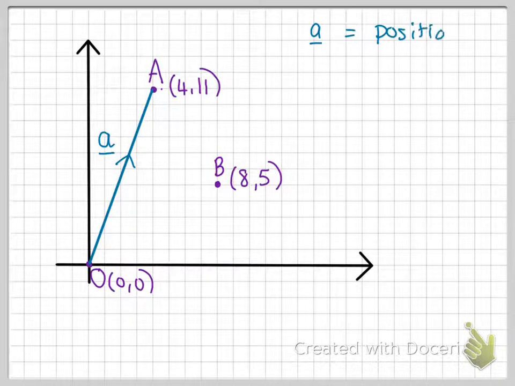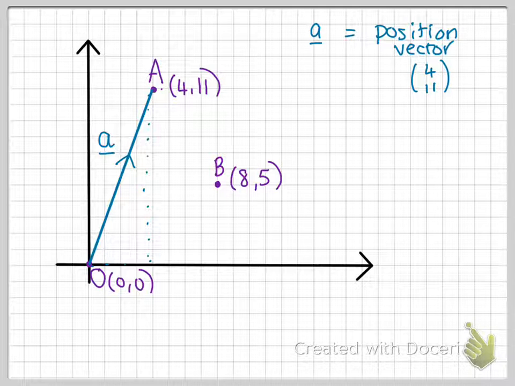and it would be the vector 1, 2, 3, 4 along, and 1, 2, 3, 4, 5, 6, 7, 8, 9, 10, 11 up. And you can see that that's been taken from the coordinates. So essentially, point A can become position vector A with x and y coordinates becoming the x and y components of the vector. So we can do that again